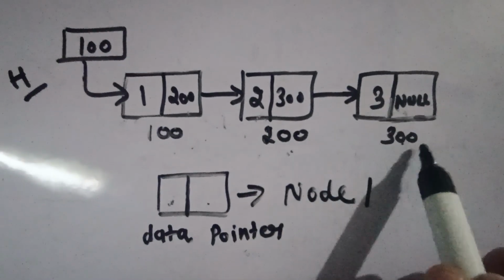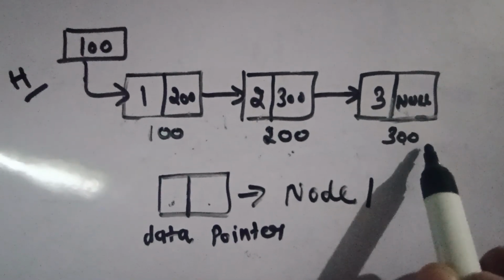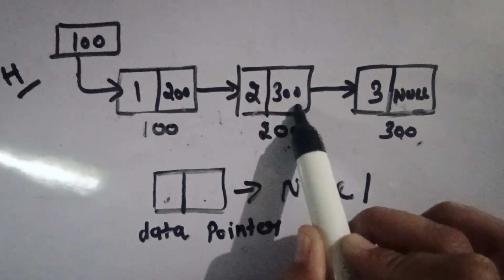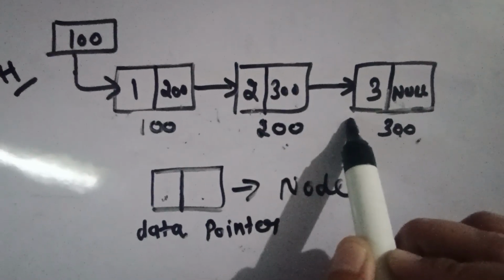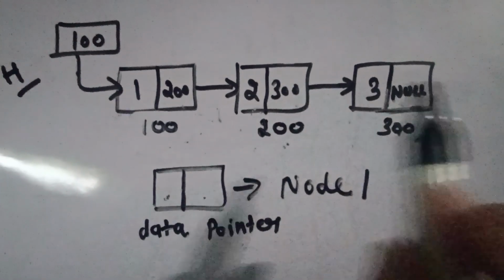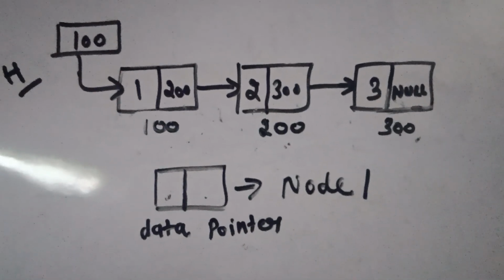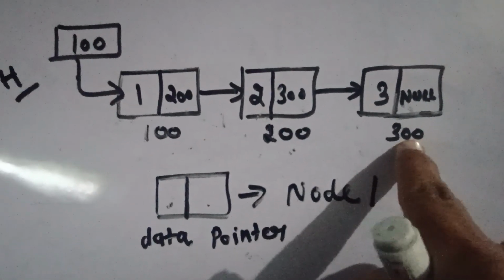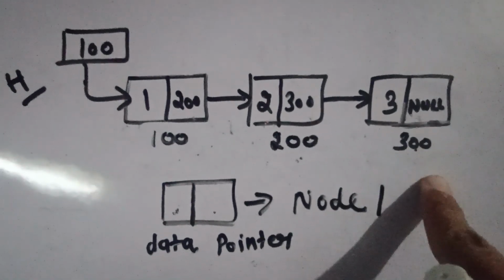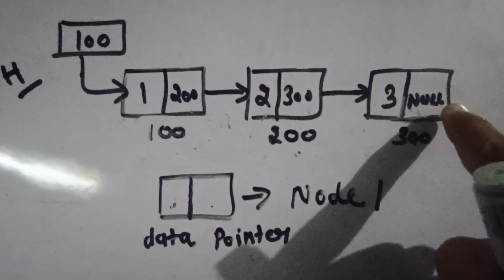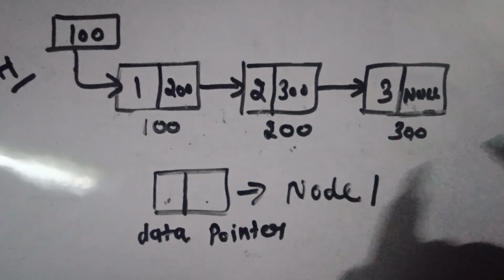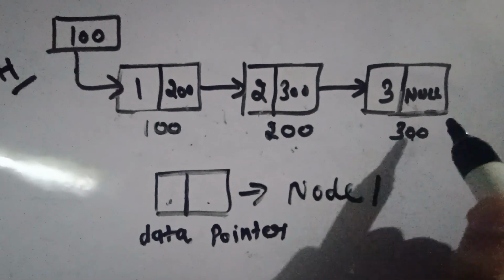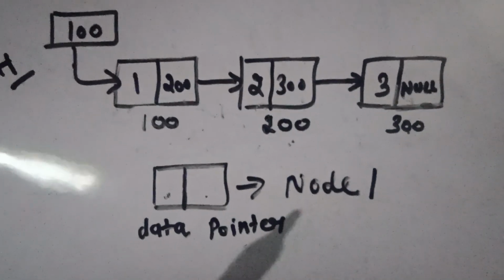Okay, when we create another third node, then the address of the third node will go here in the second node and they will also get connected with each other, and so on. This process goes on until we stop giving nodes. For example, here I am giving only 3 nodes, so my last node pointer would be null because there is no more node after that. So remember this thing, that the last node pointer is always null,